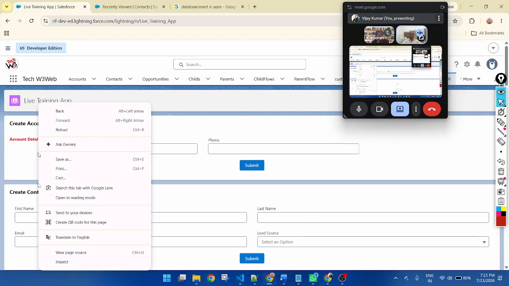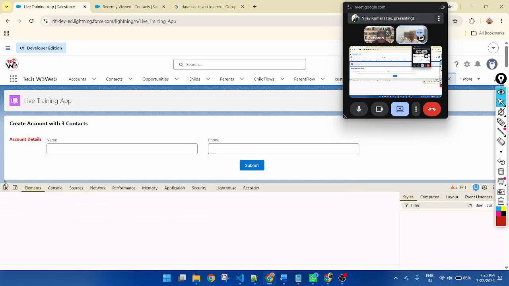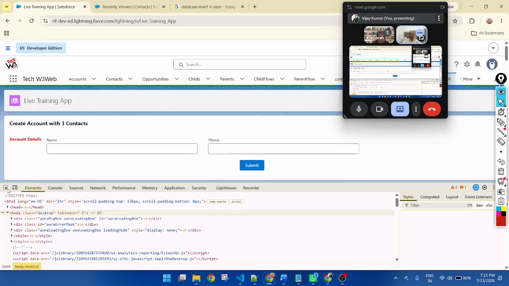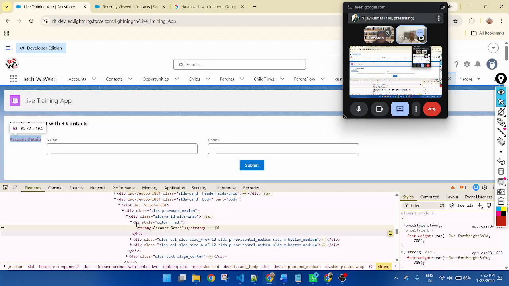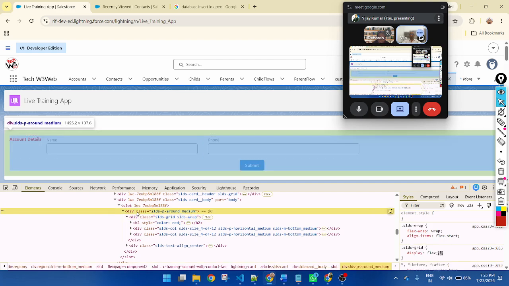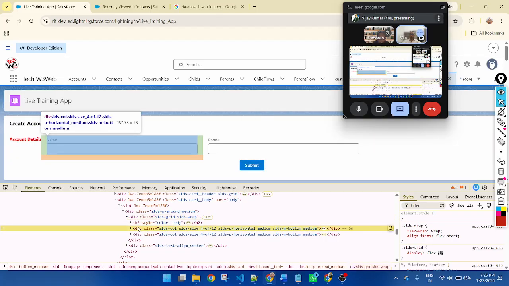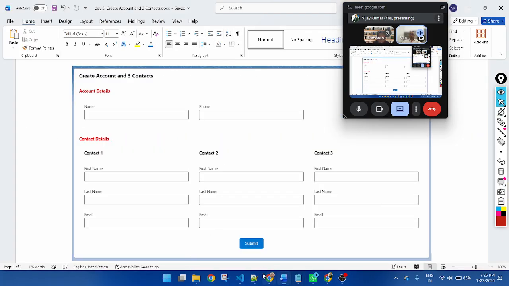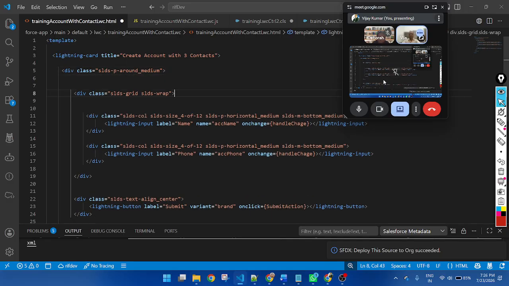So now let's check. This is the H2 tag, this is the right around. So this H2 tag, cut from here, paste outside this div here.